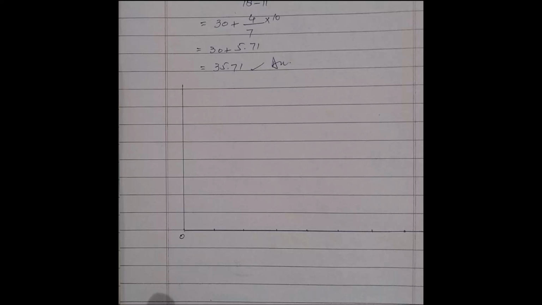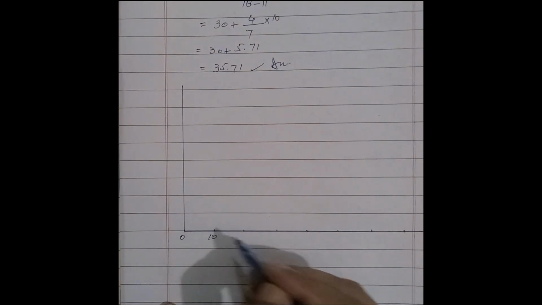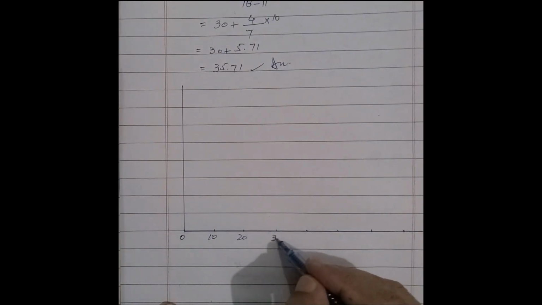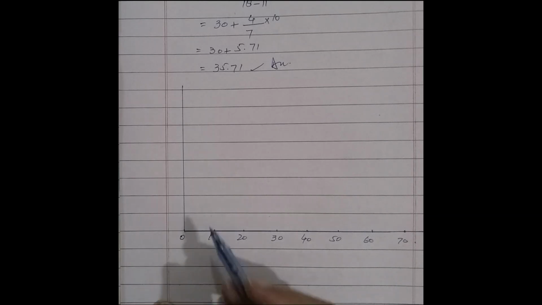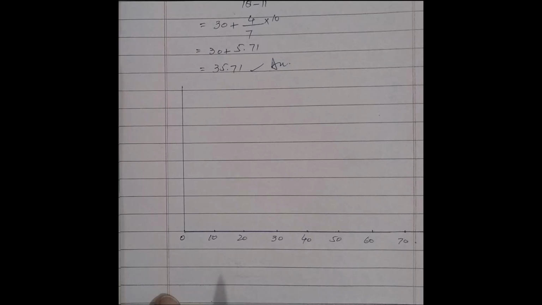These are the class boundaries from 0. And this is the frequency, the value of frequency, in which we take